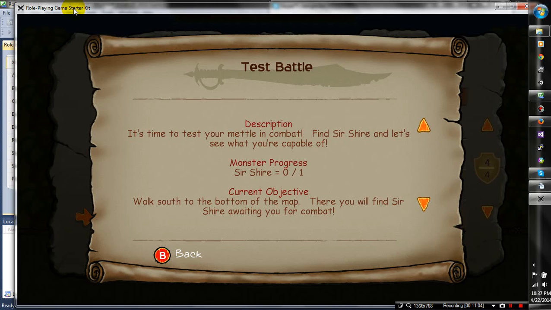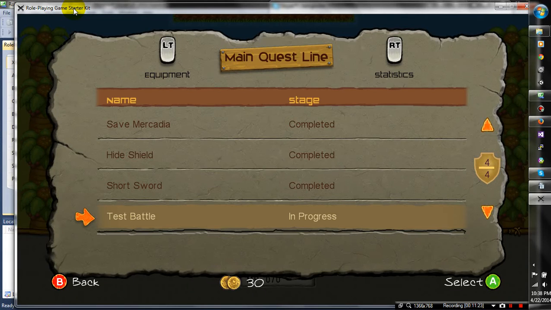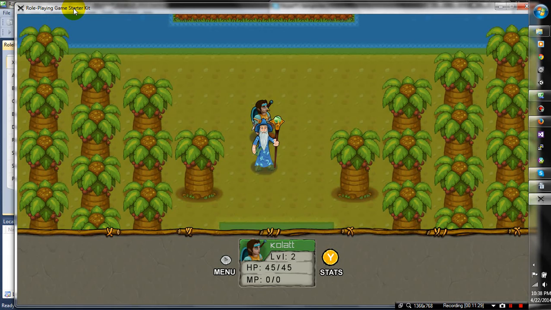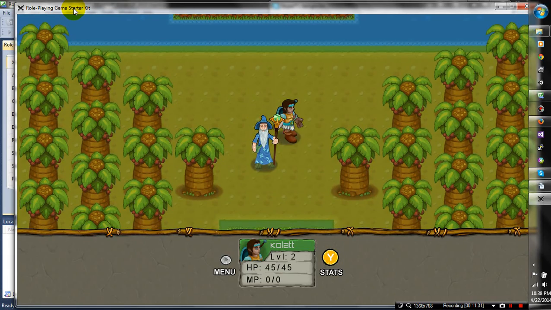This test battle is where we're going to add a quest in a little bit. We're going to add the ability to basically have the character go get another ruby and return that in exchange for a helmet. But first, I'm just going to show you this battle really quick where you go and fight. So test battle is set up in progress, and I have to go and find someone to fight. So I'm going to go down here,